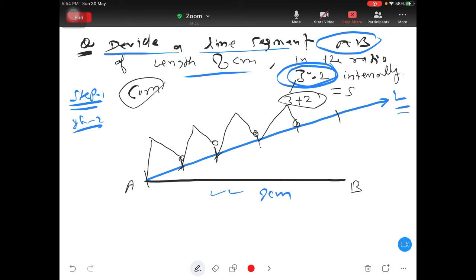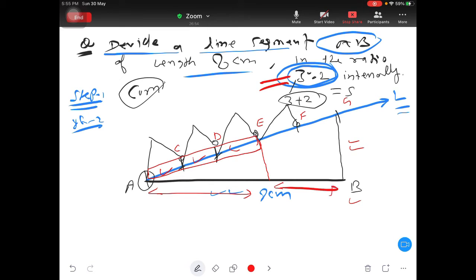Now you understand. Give the names. A, B is already here. You put like this: C, D, E, F, G. Okay. So end points you connect. Already this part is connected, and connect this part. After that, because we have to divide 3:2, so this and this and this, these together will give you 3 length. So parallel to this, draw this 3. So automatically this length and this length, they will come in the ratio of 3:2.